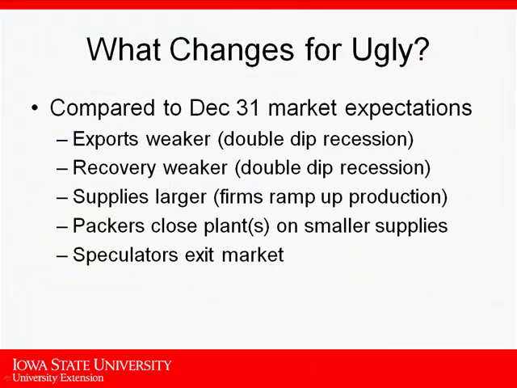What would cause ugly? Well, the flip side of what would cause good. And I apologize, I didn't update that slide there. But compared to yesterday, exports are weaker. Do we get a double-dip global recession? And so their markets. Do we have a stronger dollar? The recovery is weaker. Again, a double-dip recession. And the stock market here recently being weaker has some people concerned. December housing sales was well below expectation. So there's some nervousness out there.